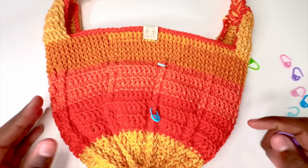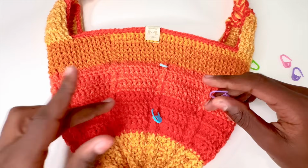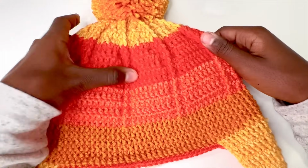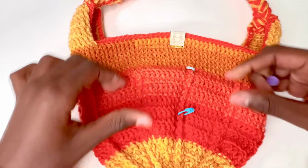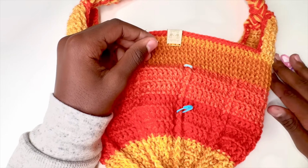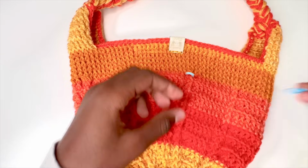And then another thing I wanted to point out is how each of these sections are divided. So here we have 1, 2, 3, 4, 5, 6, 7, 8. So yes, like I said earlier, remember I was saying there were 8 different sections? There are 8. So, if I take these off,